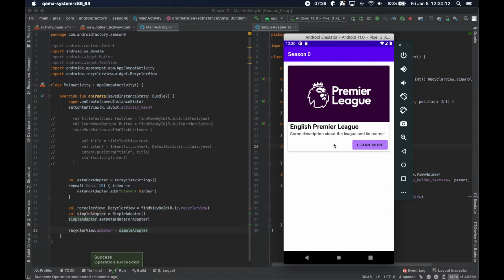Huh. Well, that doesn't make much sense, right? I mean, we've set our adapter on our recycler view. We've set the data in our adapter. What's going on here? Why can't I see what,